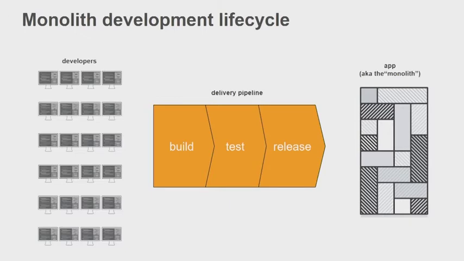Right, there's another thing, the monolith development lifecycle. When you have so many developers, let's say hundreds or even thousands, and they all try to push changes down a single shared release pipeline, you can expect a lot of friction at every point of your development life cycle. During development, your engineers will have to coordinate changes, and make sure whatever features or changes they put in don't break someone else's code. And also if they want